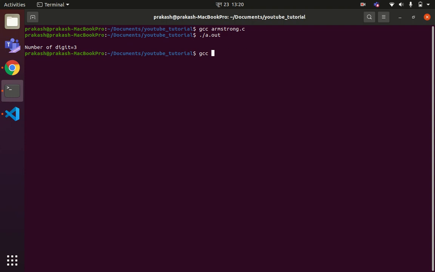Now, if you are using an external library like math.h, we have to use another command to compile the code. So gcc -o, then the name of the binary, I will say arm, then the file name armstrong.c, and then -lm, which means link the library.